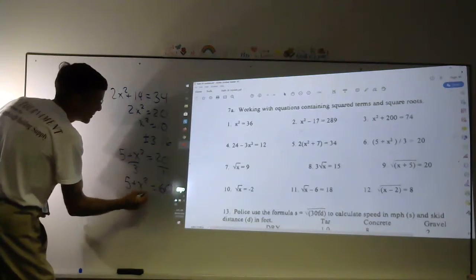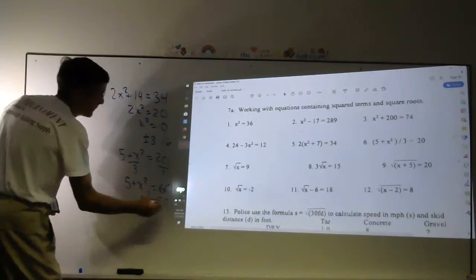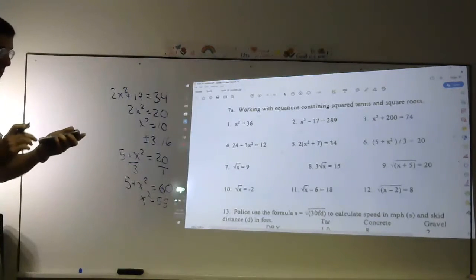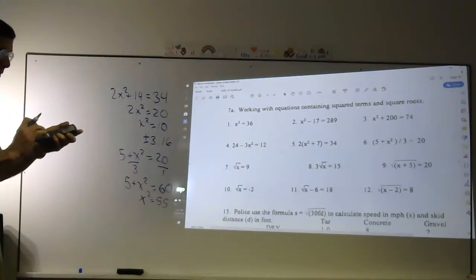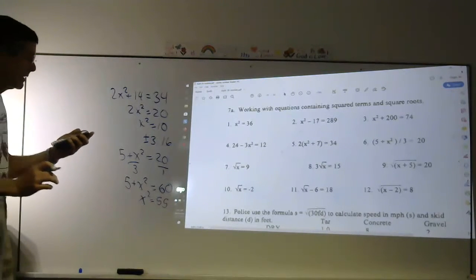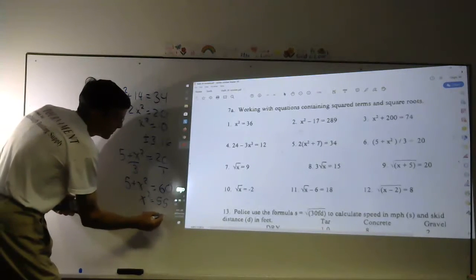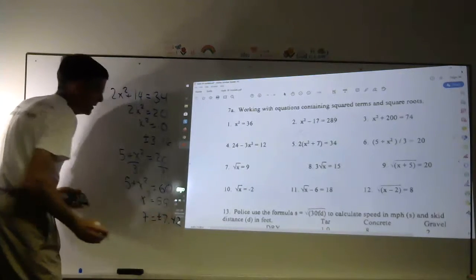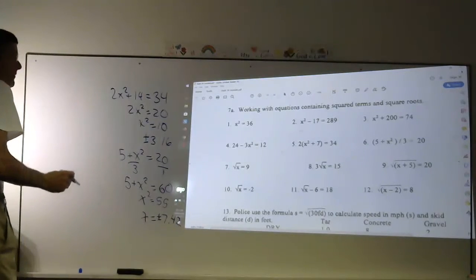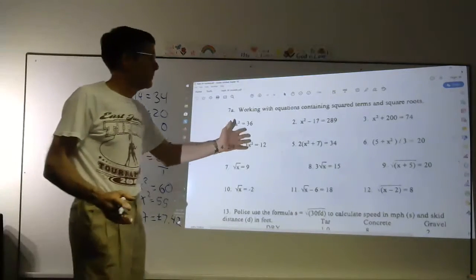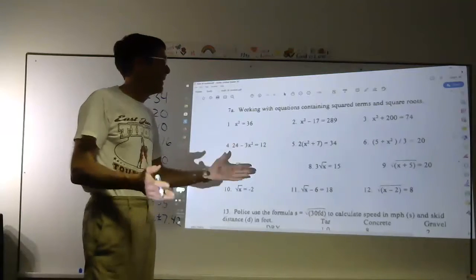Subtract 5 from both sides is 55. And you want the square roots, the positive and the negative, of 55. And I get 7.42. So x is plus or minus 7.42. Now, to summarize, when you're working with a squared term, it makes a lot of sense to try